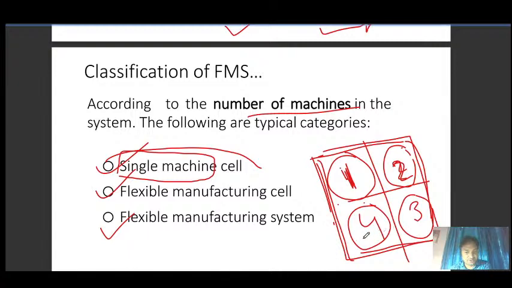In four you can use only one sawing machine, or planer or shaper. So only one type of machine, and the number should be one. And then flexible manufacturing cell: here in one cell, where earlier we had one lathe machine, we will have two or three similar kinds of machines.